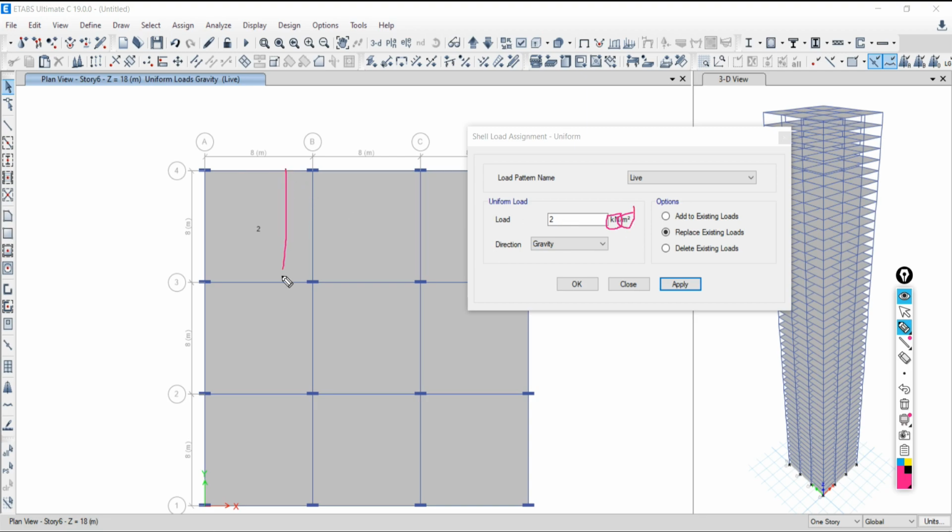Suppose this is divided into different parts: this is 1 meter, 1 meter, 1 meter, and so on. So this is a 1 meter by 1 meter square area, and over this there is 2 kilonewton force. Are you getting my point? Yes, sir.